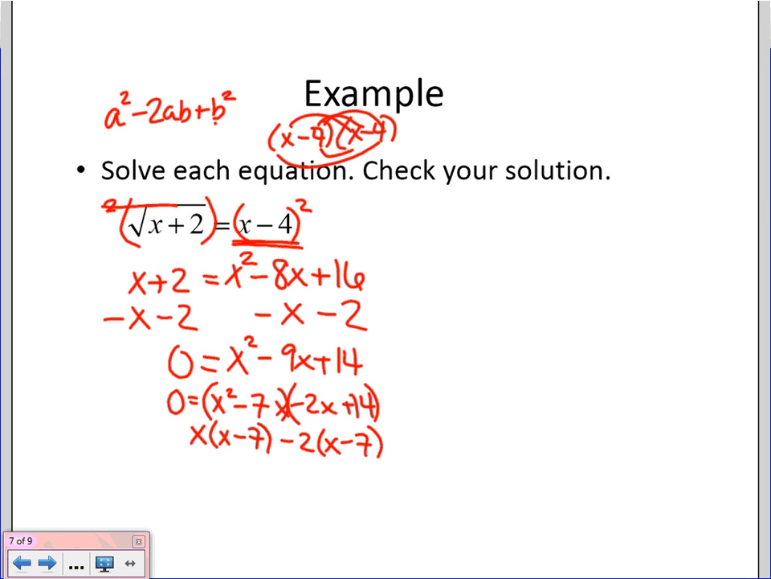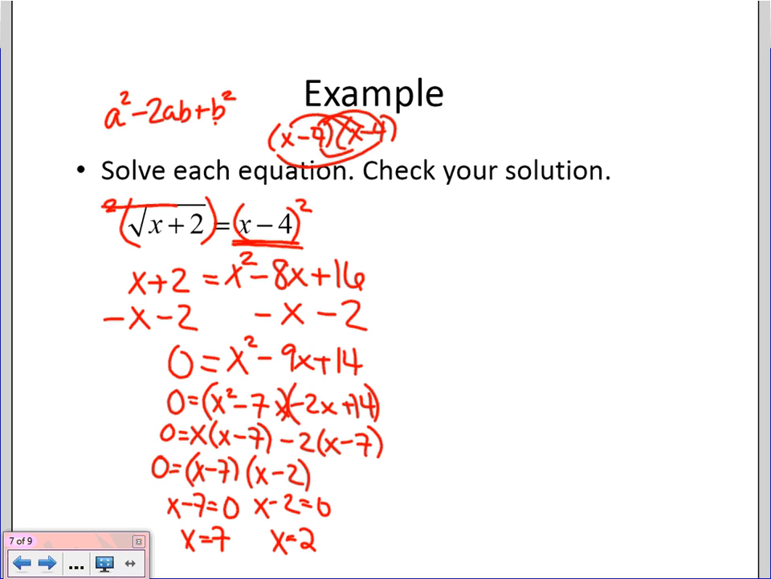We rewrite this as (x minus 7)(x minus 2), and these are all equal to 0. We have x minus 7 equals 0 and x minus 2 equals 0. And we get x equals 7 and x equals 2. Now when we go and we check, okay, you have to check both solutions. Okay, so I'm going to check the first one